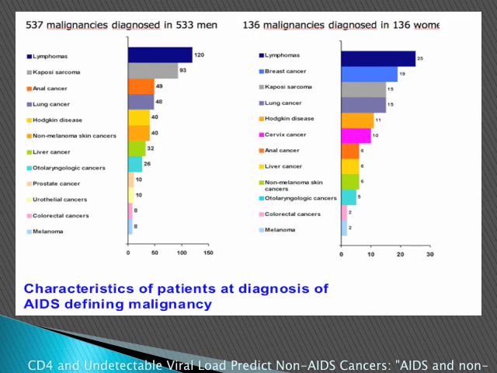Now this will be a little bit hard to see in the back, but if you look at the percentages, about 1/3 of all of the malignancies were AIDS defining, and 2/3 were non-AIDS defining. Of the 1/3 AIDS defining, you can see that over here is the men, over here is the women, and lymphoma, which is the blue, was the most common, and coming in second place was Kaposi sarcoma. And in women, again, lymphomas, then Kaposi sarcoma, and then invasive cancer of the cervix.